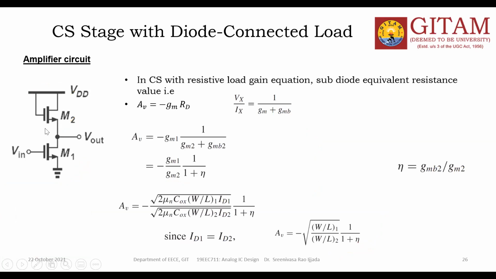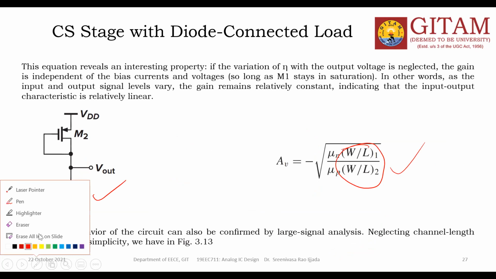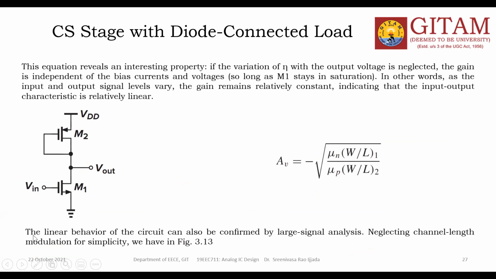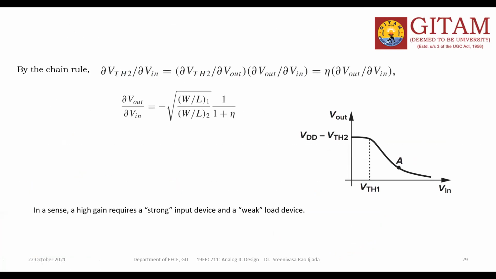Okay, so NMOS, this is the final expression. This is for PMOS, this is the final expression. PMOS load. So, what is the drawback? We'll see first of all the characteristics, then we'll talk about the drawback. So, this is the characteristics of this diode connected load. Earlier, with the resistor connected load, you got something like this.